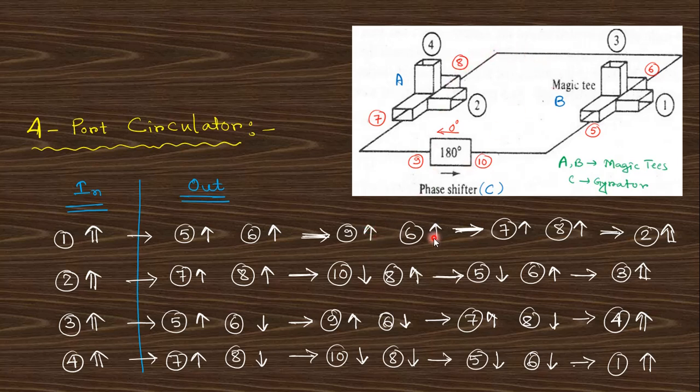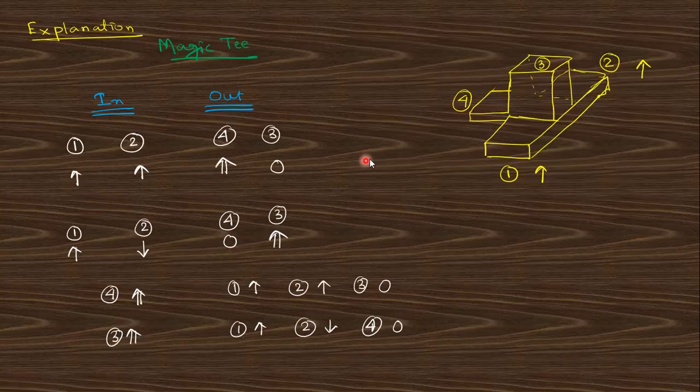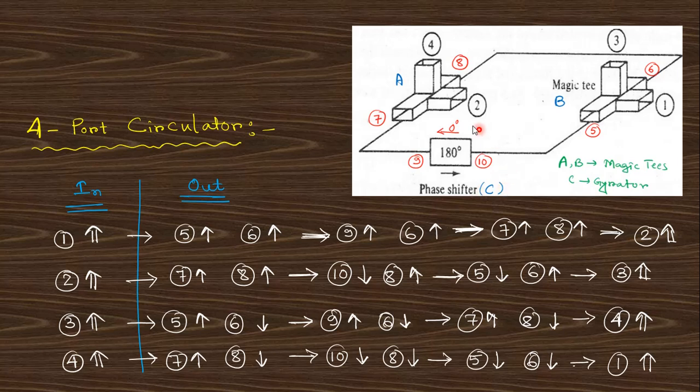And from 8 this goes to 6 and will be the same. So this 9 goes to point 7 and this point is 8. So these are the same phase. Since these are the same phase, this will come from port 4. So if 1 and 2 are at the same phase, the output will be port 4. Since 7 and 8 are in the same phase, the output will be from 2. So you can see here, input is 1 and output is 2.